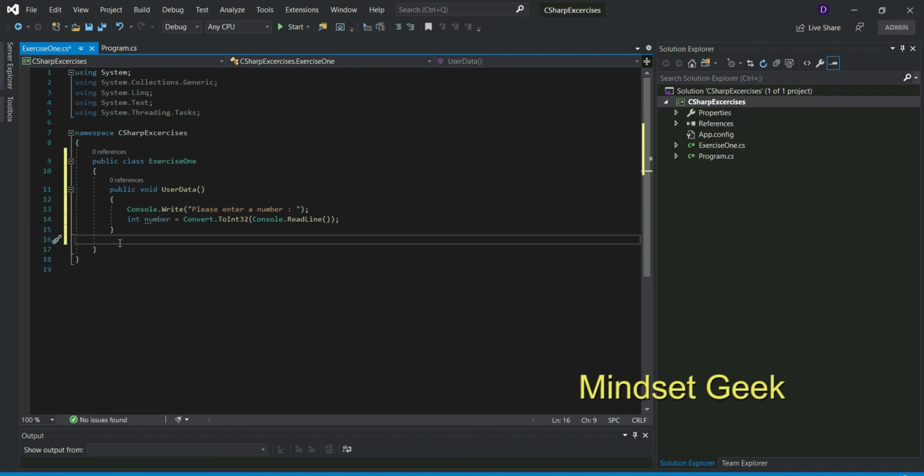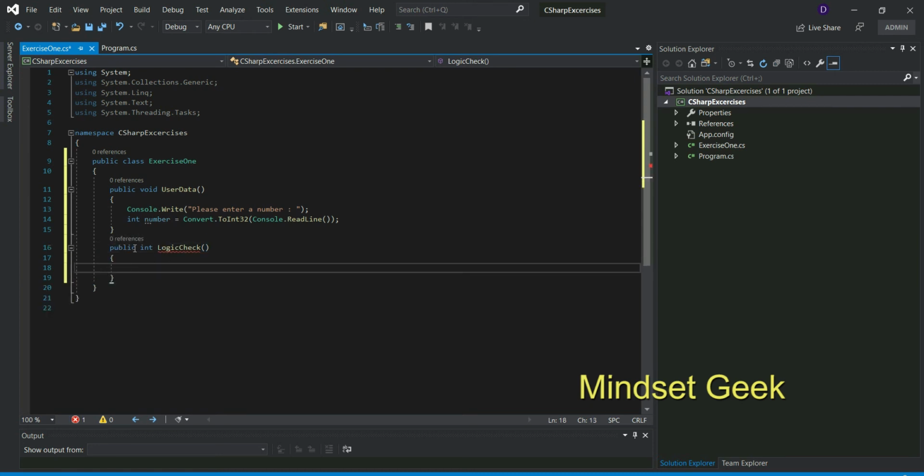Create one more method, public. This time I use return type integer, right? LogicCheck is the method name. This time this will get an error. The reason is you must return an integer type value, any value, right?